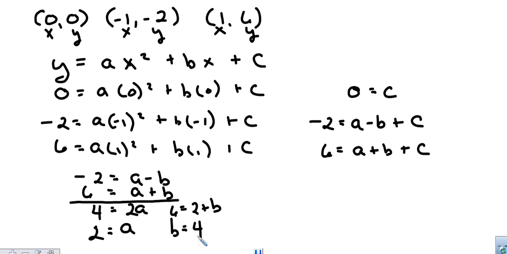So now I know the value of a, I know the value of b, I know the value of c. I can come back and write my quadratic with those plugged in. y is equal to a, so 2, x squared plus bx, so 4x, plus c, so plus 0. And as always, a plus 0 at the end of your function is optional. I could write this as